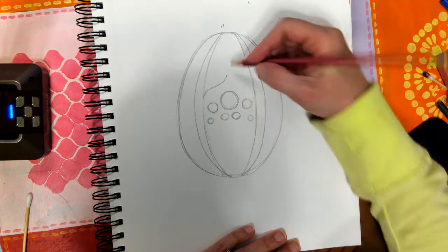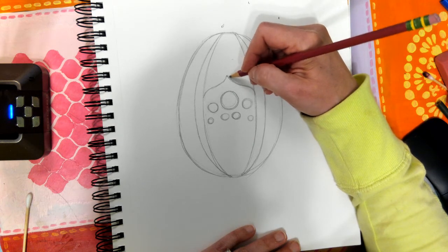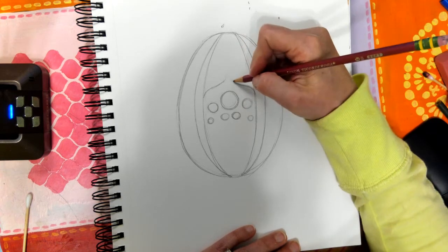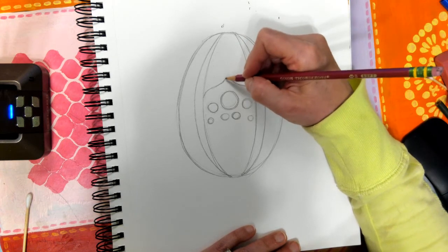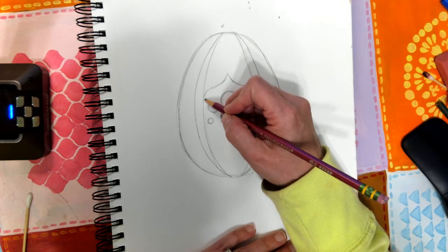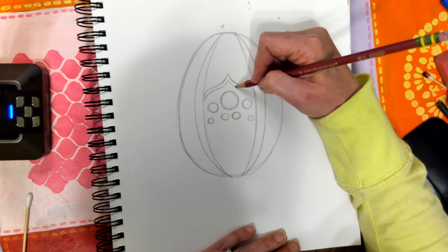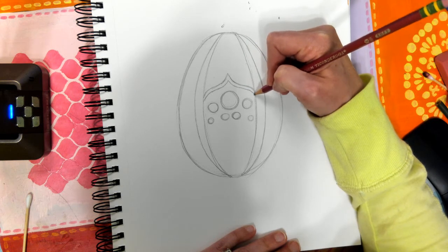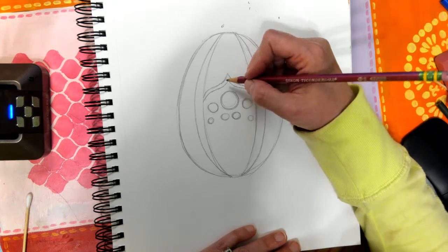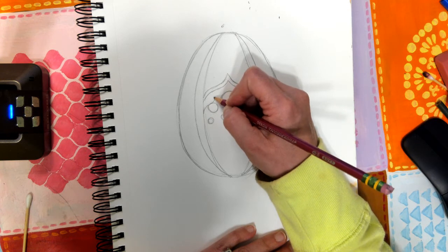So mine might look exactly like that example I showed you, but it's inspiration. Now, if you have an idea of what you want your egg to look like, please, by all means, make your egg yours. You do not have to do what I'm doing. I'm just showing you how to create one. Just like the op art thing that we did, this can look really complicated, but really isn't that complicated. It's all a matter of taking your time with